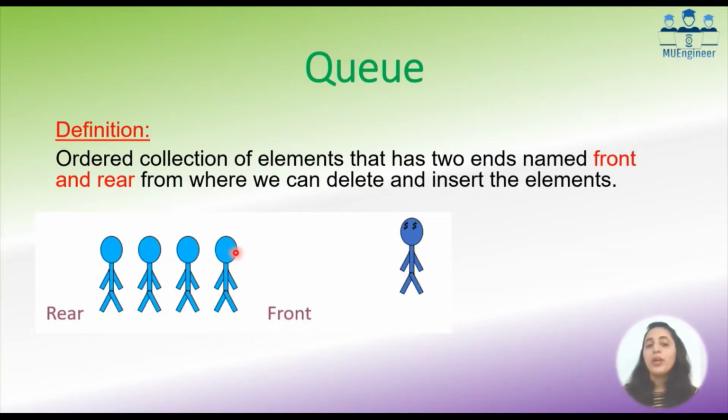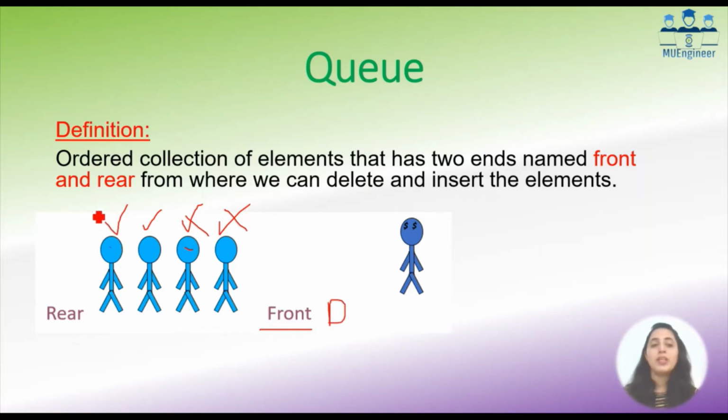So from a queue, we delete the items only from the front end. This one will be deleted first. Then we have only 3 members, and this particular person becomes the front. Then this will be executed. Then the third one, and then the last one will be at the front of the queue, and then we can execute him. So always the deletion happens from the front end.